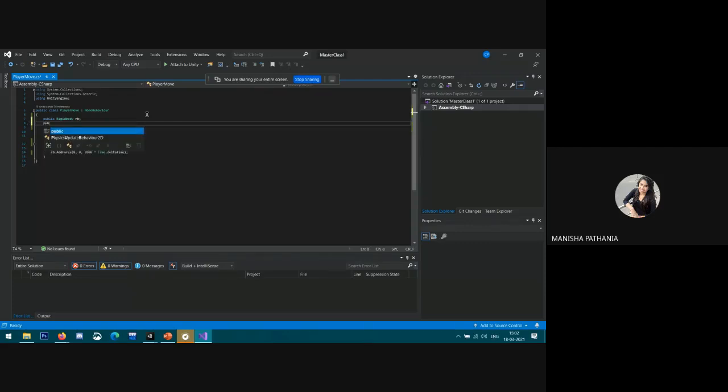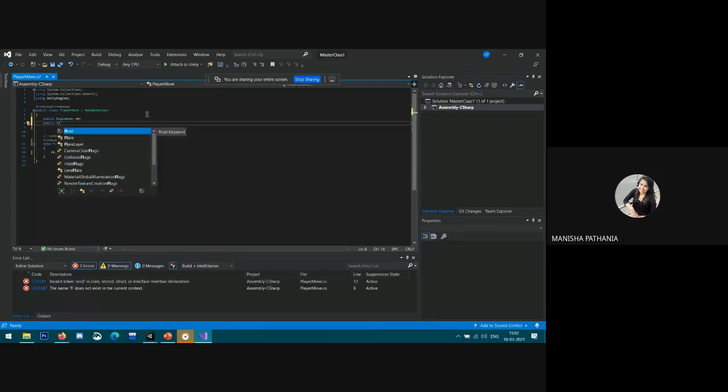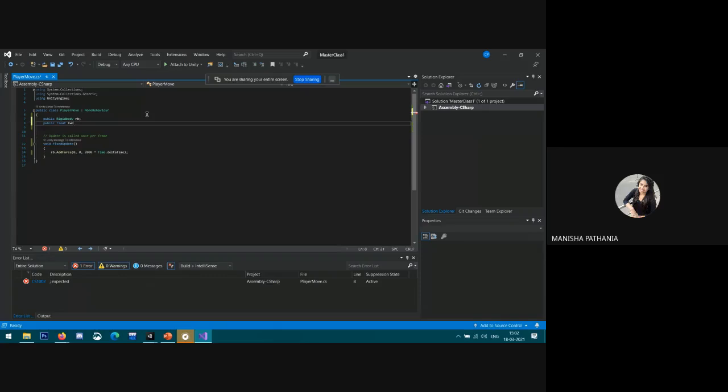I'm creating a public variable of float type, and I am creating it for the forward direction. Suppose fwdForce. By default it is equal to 2000 in my case.